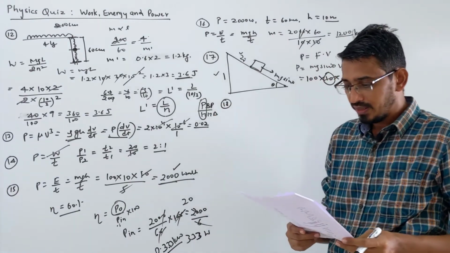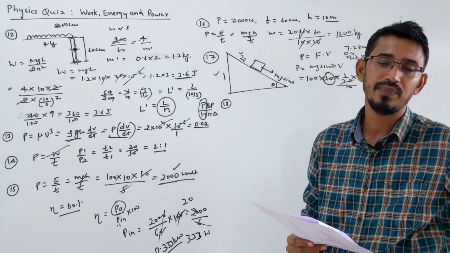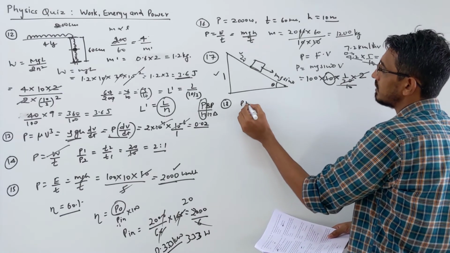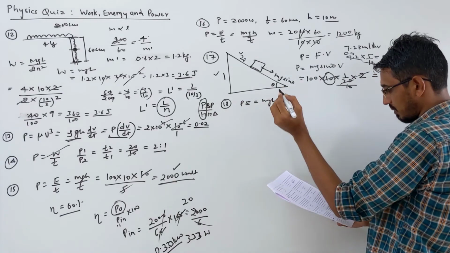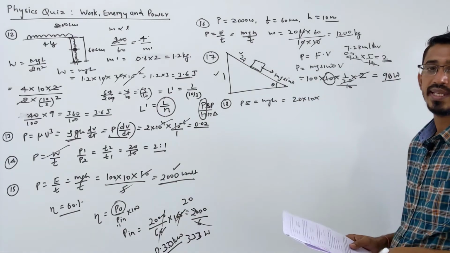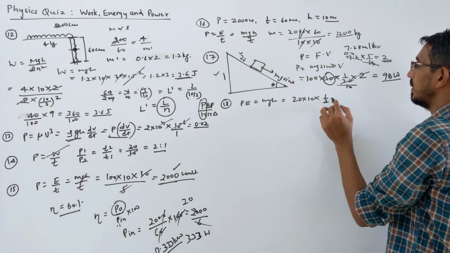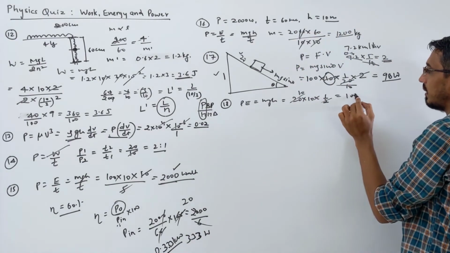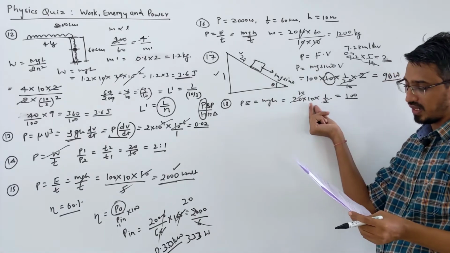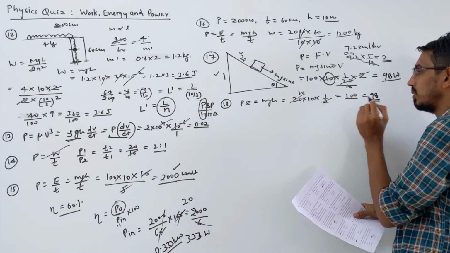18. The decrease in the potential energy of a ball of mass 20 kg which falls through a height of 50 centimeters. This is a simple question. So decrease in potential energy is nothing but mgh. So mass is given to you 20 kg, g is 10, and height change is 50 centimeter, means 1 by 2 meter, right? 50 centimeter, 1 by 2 meter. So this becomes 10, this is becoming 100 joule, right? So again here g value they are putting 9.8. So answer there is 98, okay? Right? No problem?